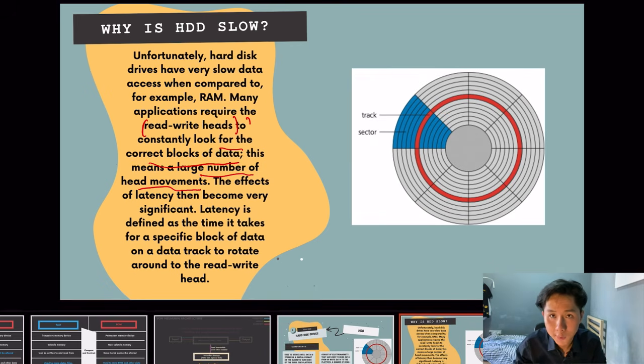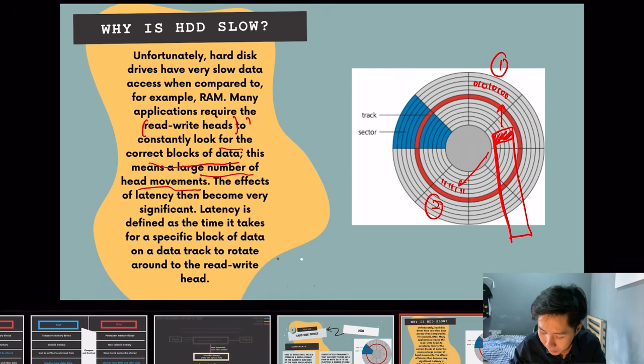So I will illustrate it by drawing some of the bits on HDD. Imagine we have data here and also some data here. If you were to access the first data and the second data consecutively, this means that the electromagnetic head, imagine this is the head, sorry for the bad drawing, will have to move here and then move to here again. It will have multiple movements,